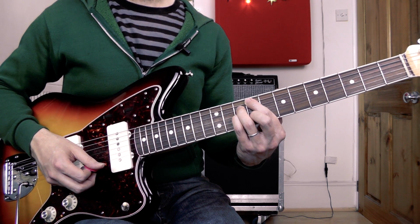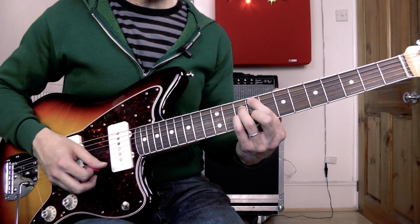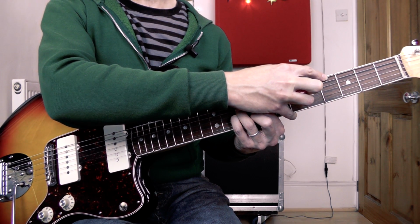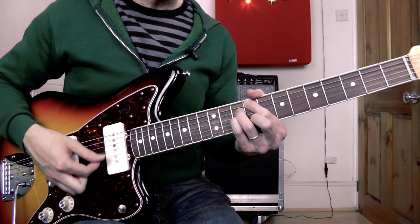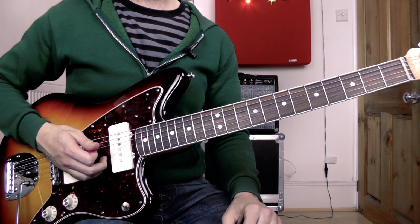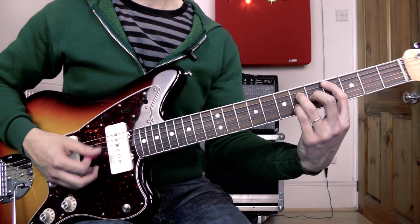And I suppose that chord is a kind of 5 chord in the key of D flat. There's the root. We're not actually playing the root in the bass, but it gives you a kind of A flat 13th sound. And that's the whole of the first phrase of the song. If I just put that together for you slowly, we have